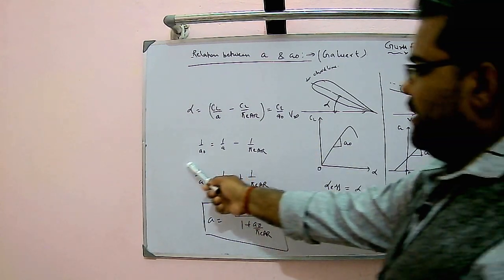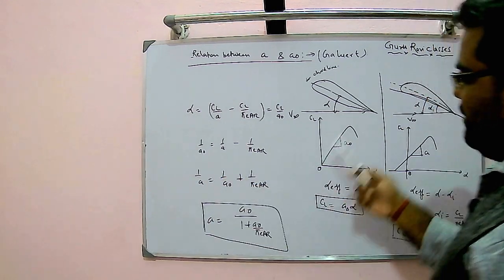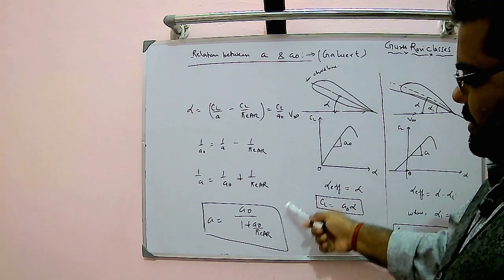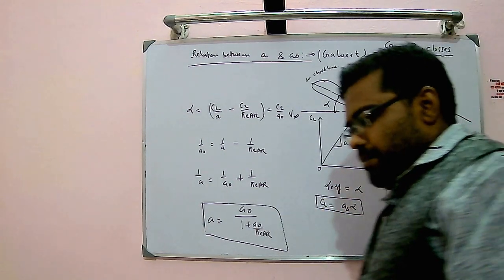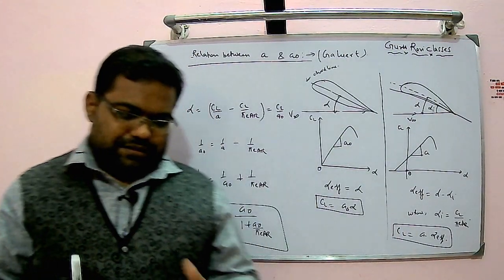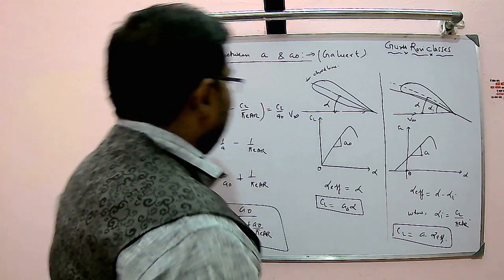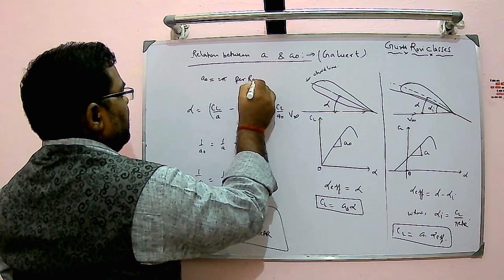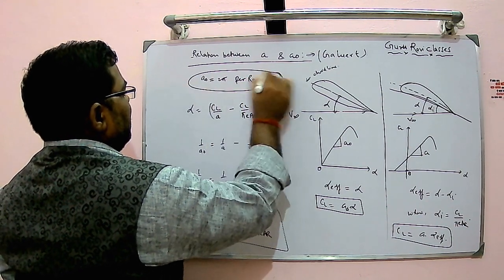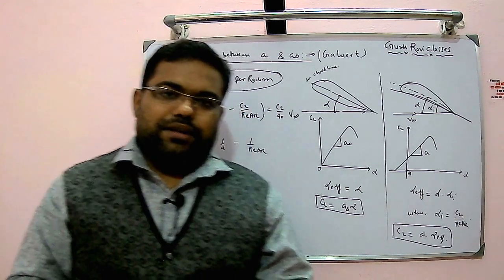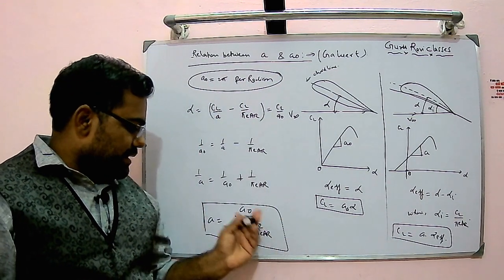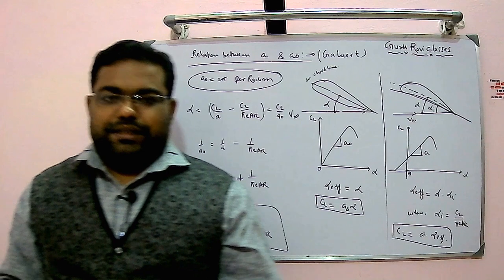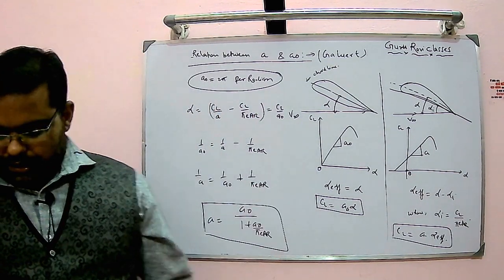So this is known as the aspect ratio correction, or you can say the lift curve slope correction, proposed by Glauert. Glauert gave this relation: A = A₀ divided by (1 + A₀/(πAR)), where A₀ is fixed by experimentation. That is, A₀ = 2π per radian. They have done the experiment and found that the A₀ value will not vary beyond this. So A₀ is already fixed and the only variable is A. So A can be calculated using this relation. This is the relationship between A and A₀, and you can easily find it out.